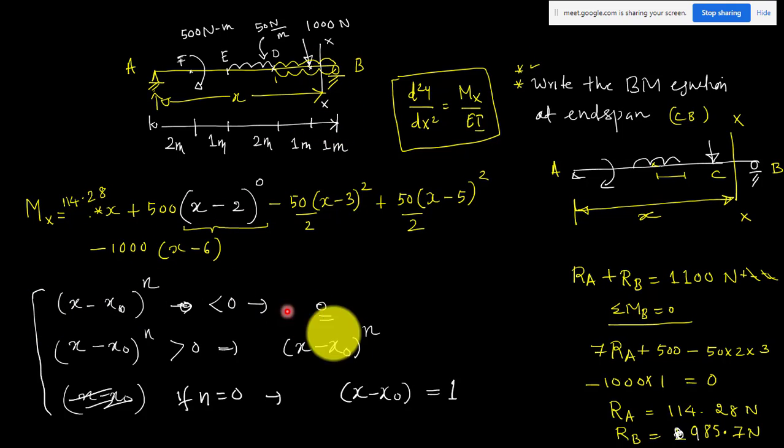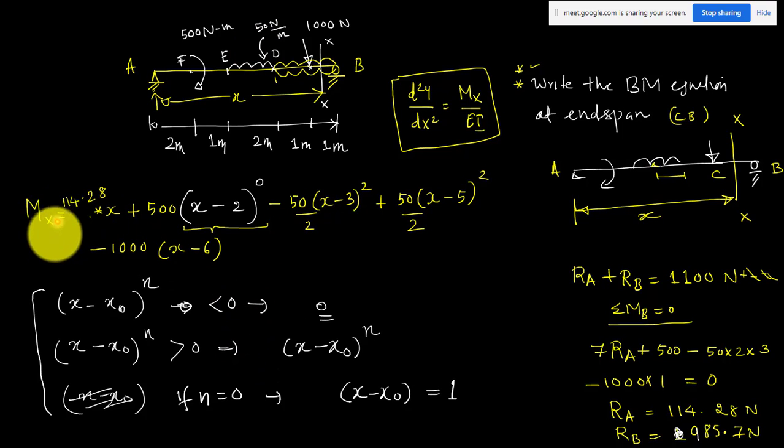So based on this, we will use only a single equation, but in the solution, if some term is coming negative, we can just remove that term. Instead of writing different equations, I just wrote a single equation, but it does not mean that I have to use this equation for the entire span. Whenever this bracket quantity is negative, you just don't consider that term for that section. That is what you have to do while solving.